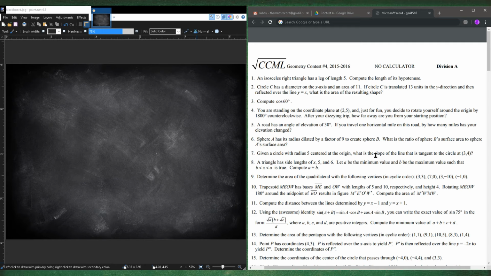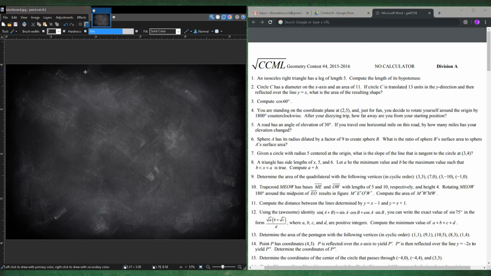Question 6. A sphere A has a radius dilated by a factor of 9 to create sphere B. What's the ratio of sphere B's surface area to sphere A's surface area? It's going to be greater than 1, since it's dilated by a factor of 9, so B is bigger than A. The formula to get the surface area of a sphere is 4 pi radius